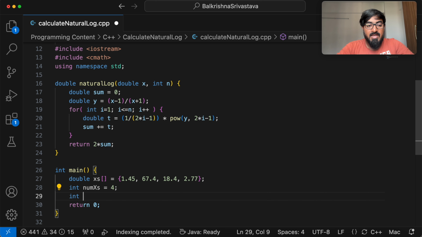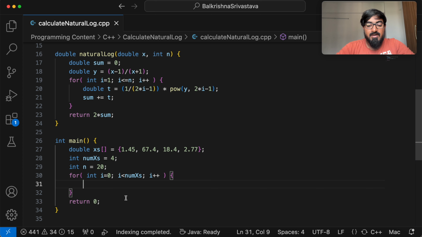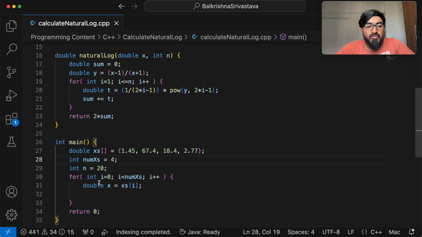Okay, int n, for the number of terms I keep it 20 for now. So for each value of x, I iterate the array, I get the ith value, which is the value of x. I'll say xs of i. So for a value of x and the number of terms n, I want to know the value of this from this function. That gives me the natural log, and I want to compare it with the inbuilt function